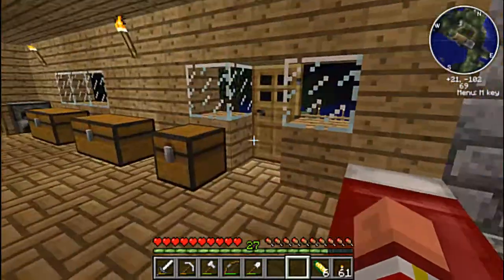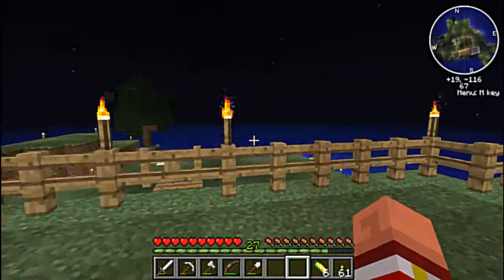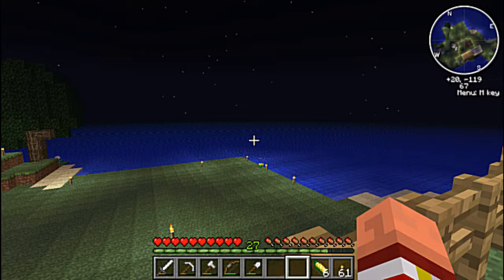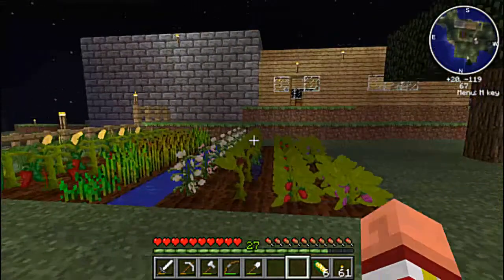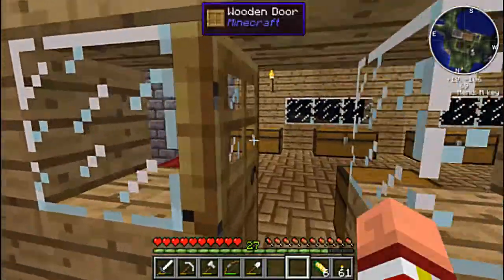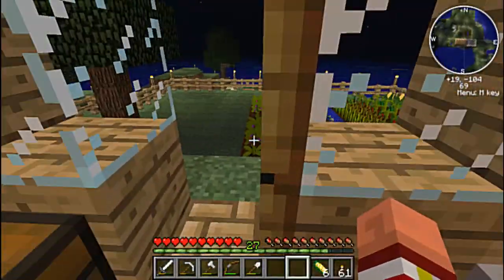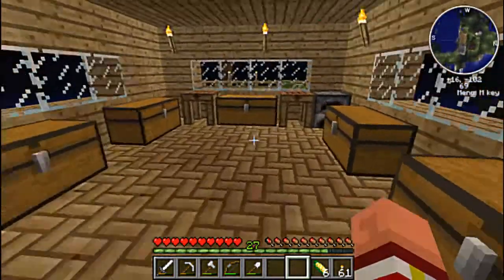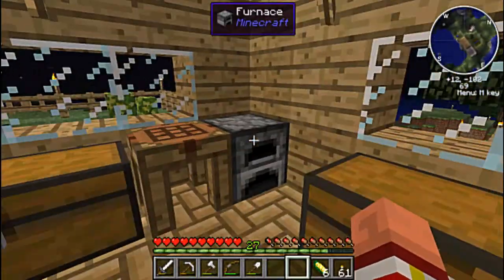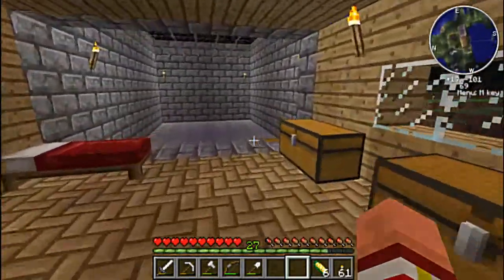So, in between episodes, I went out into the ocean and I looked for clay. It must have been at least 2 to 3 hours. I found a whole stack of clay. I also got myself an entire stack of sand and a stack of gravel. Using all of those, you combine the three and you get grout. You put the grout into your furnace and you get